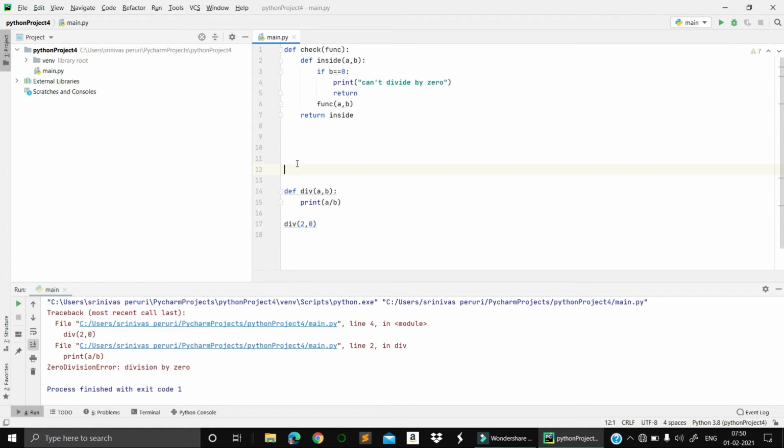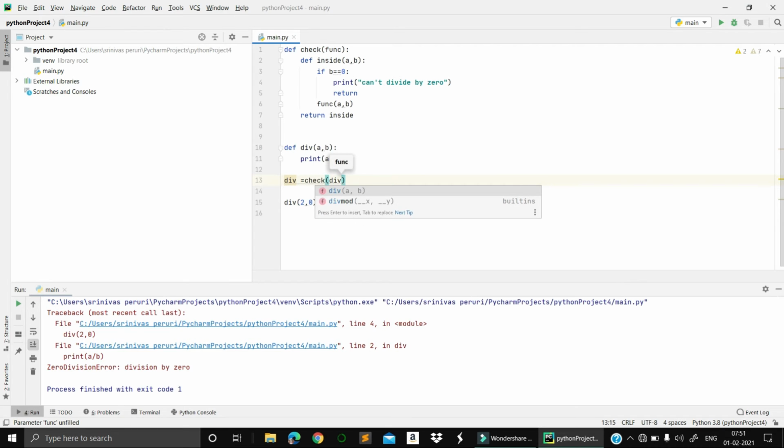But I need to pass the parameters, right? So what should I do? I'll create div, a new tag. It will take the check function as input, and inside that I am passing div as the parameter.